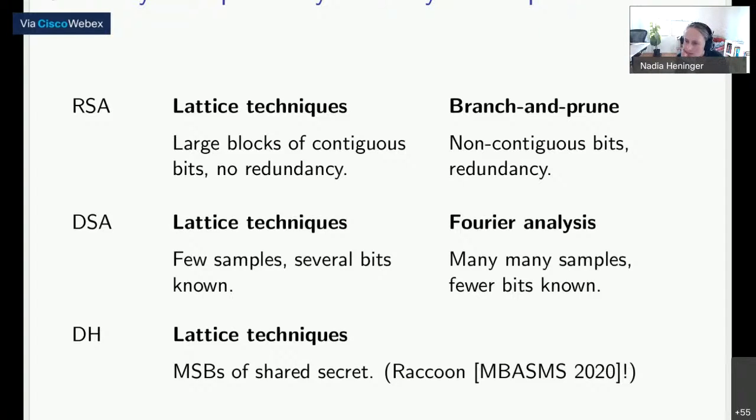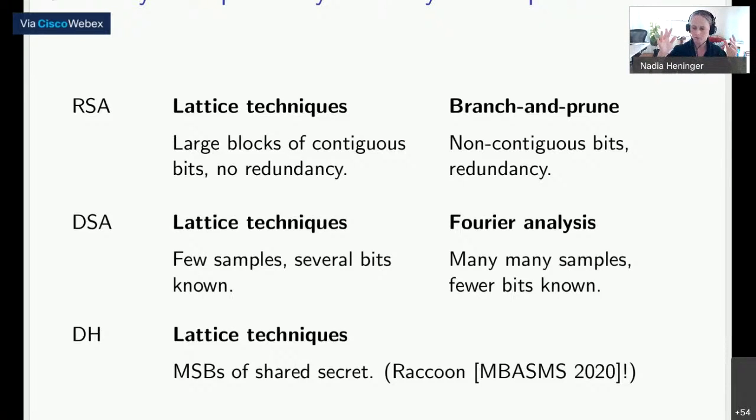Let's see. Hidden number problem. Is it possible to derive some general trade-off between error rate and required size of lattice dimension for the key recovery to succeed with good probability? Yes. So with the error rate, we haven't written this down fully formally in the paper, but for a given error rate, the thing that you would do is